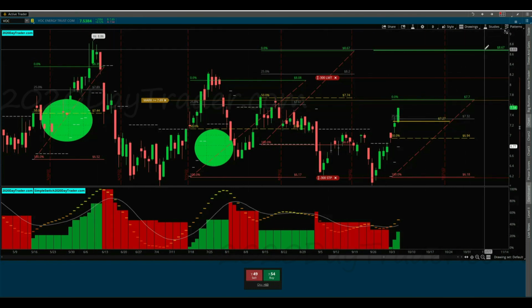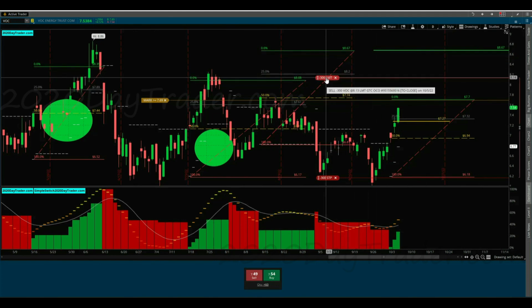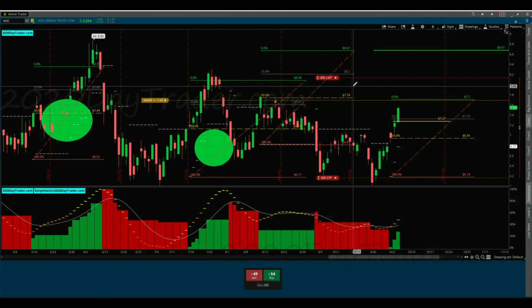So right now you can see my target is up here. I put my actual sell target over here, so my risk reward ratio is actually equal or better. I have better reward based on risk. But that's adding fundamentals into the trade.